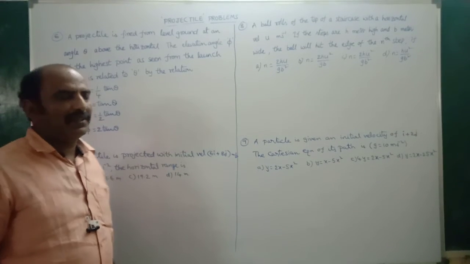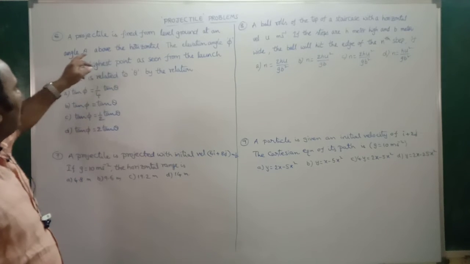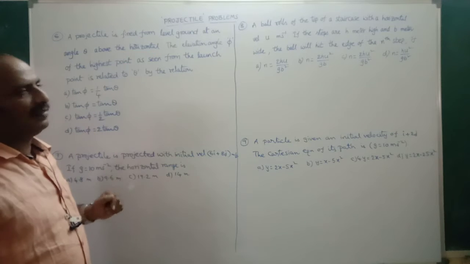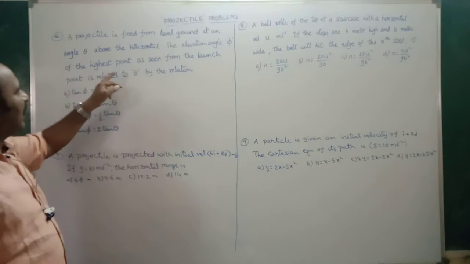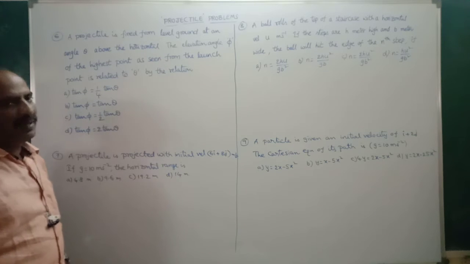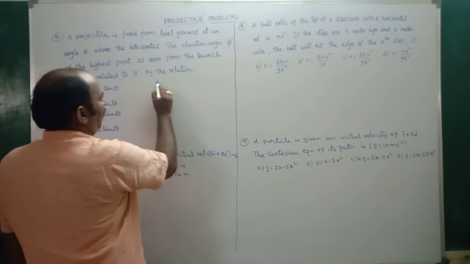Okay, let us continue. Next problem. A projectile is fired from level ground at an angle theta above the horizontal. The elevation angle phi of the highest point as seen from the launch point is related to theta by the relation. Here, suppose